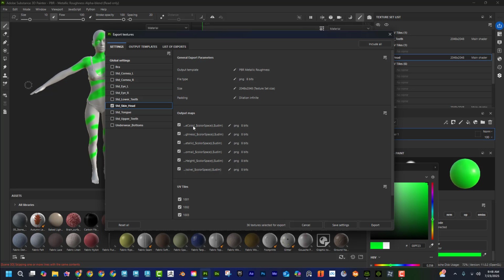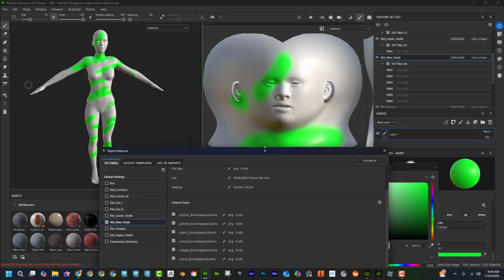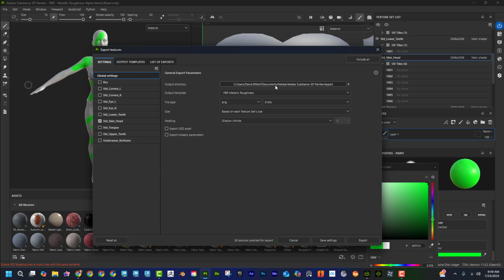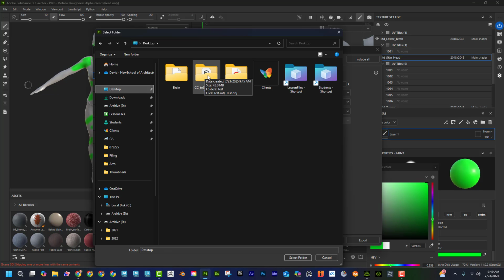And if I click on this, I can see that it's doing all the tiles, which there's 6 of these tiles. Okay, so that's good. But actually, before I do that, I should set where it's saving to. So if I come here, I'm going to